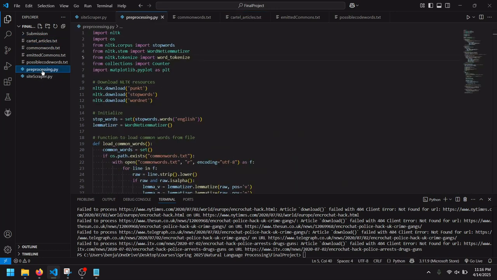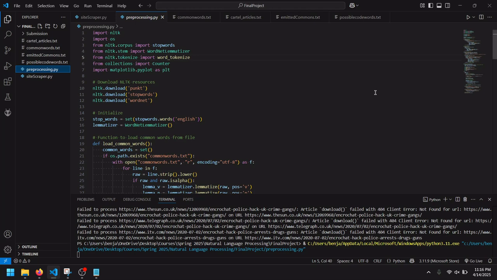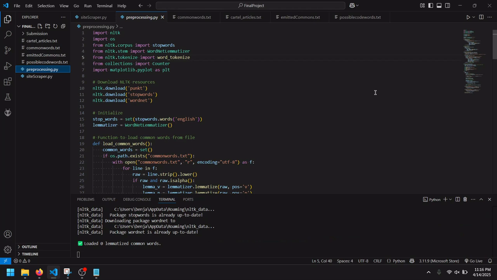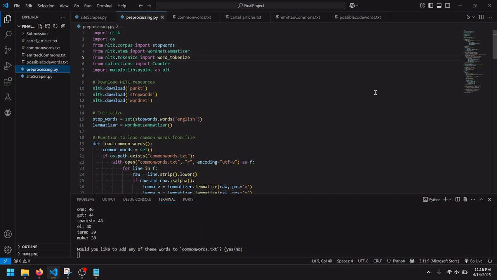So now in this file, we run this one. And this is going to break that data down into tokens. And then it's going to find the semantic precision by lemmatization, and it's going to reduce the words down to their root forms. Then it's going to custom filter. So now it's prompted the user.